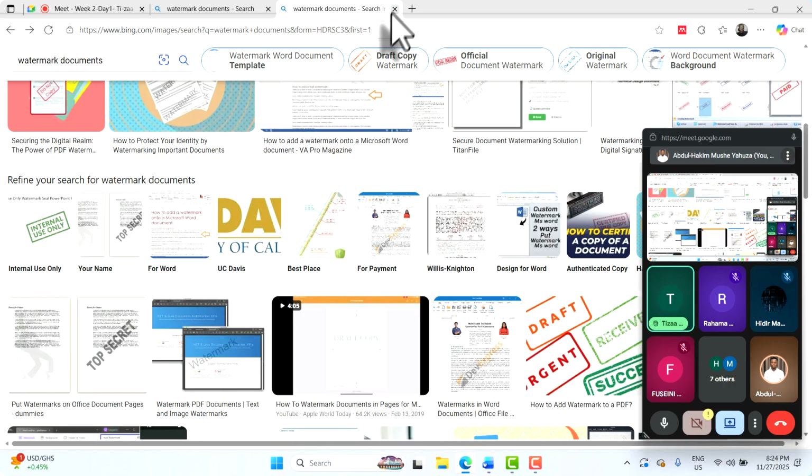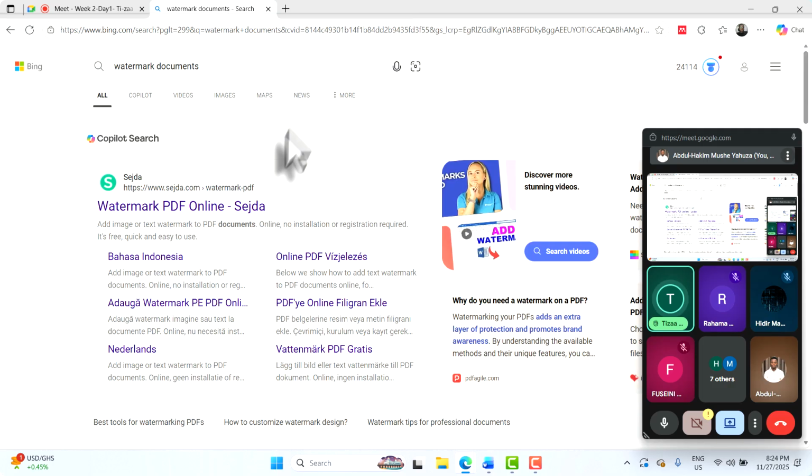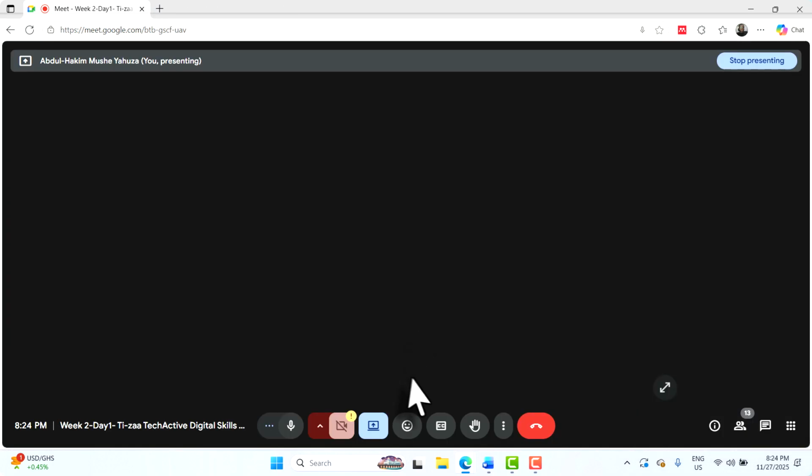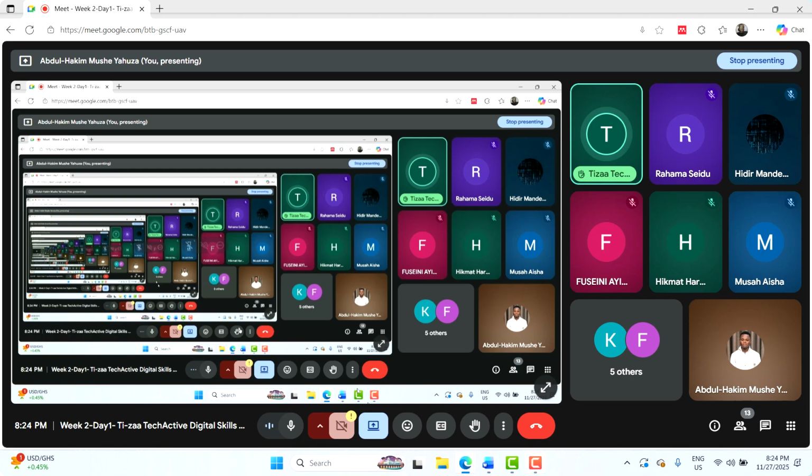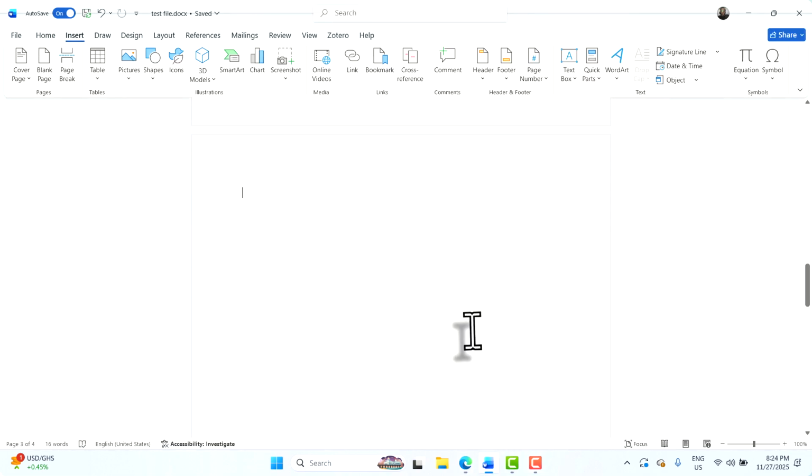Yeah, sure. Just to add to what was being said, a watermark basically helps you claim ownership of your prepared documents. Especially as business people, this feature in Word can help you claim ownership of your designs or your templates or whatever you use Word to prepare for your business. So maybe you've drafted your daily sales with Word. You can use a watermark to claim the ownership so that in case anybody comes to pick the document,